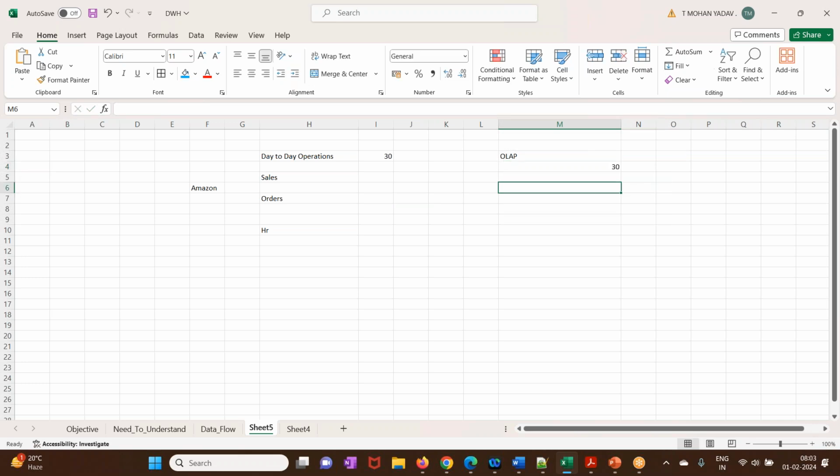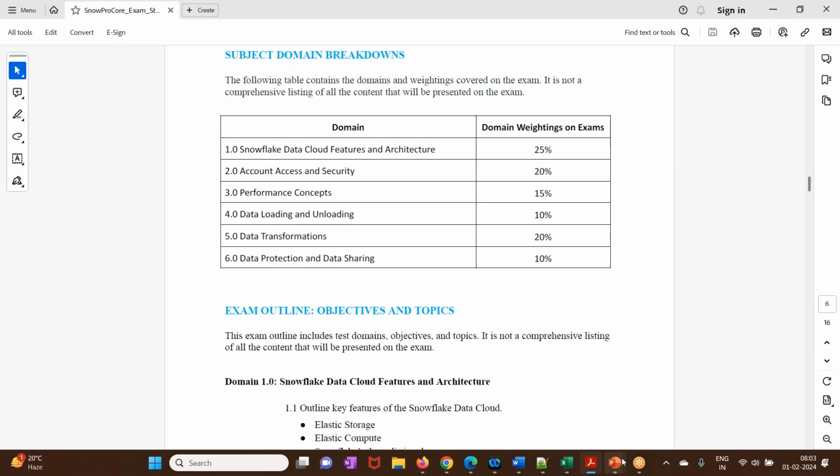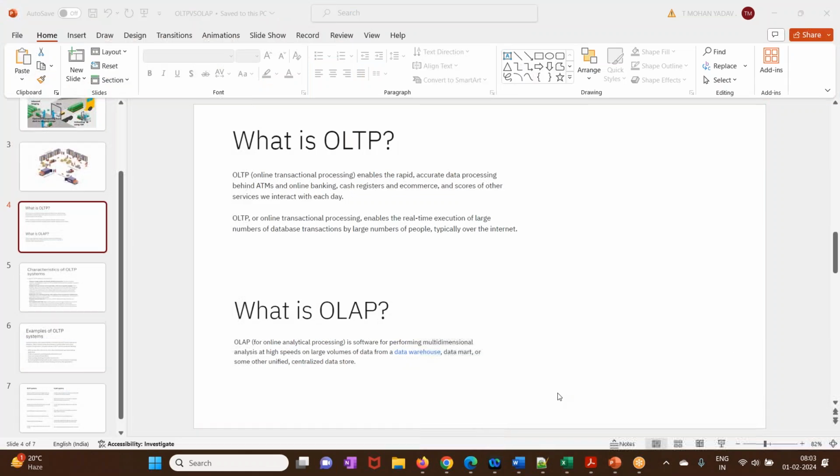This is going to be a continuous process. For every 30 days, we are going to move the data into the OLAP systems. Why? Because the storage space in the OLTP systems is very less, and these databases are used to perform the day-to-day transactions. These OLTP systems enable us to perform rapid movement. Bank ATMs and online banking are some examples of OLTP systems,